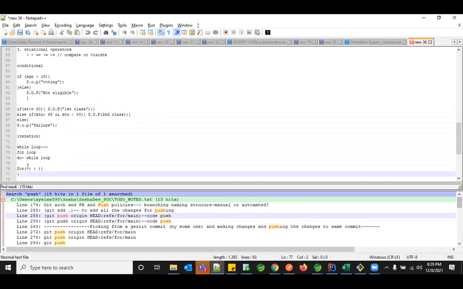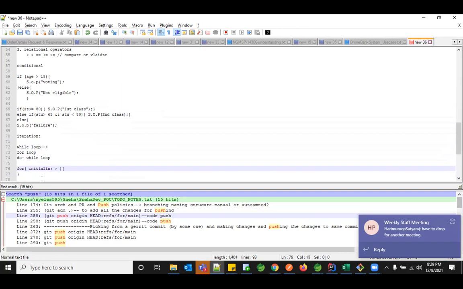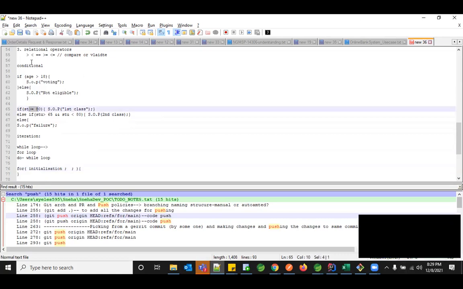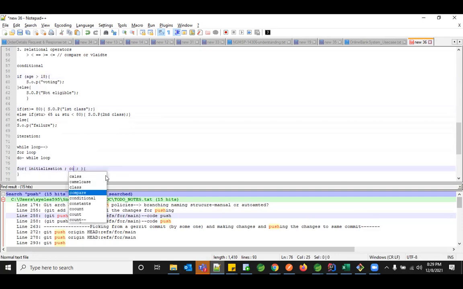Why do we need to have 3 conditions, and what are they? So the first one is basically your initialization expression. Where you want to have some variable declared, or you want to initialize the variable value with something, that kind of initialization can be done in the first section. And in your second section, you can give your condition or the expression which you want to evaluate. Like here you're given student greater than or equal to 80, or greater than 80, or not equal to 10, some kind of conditions, right? So those conditions you can give in your second group.